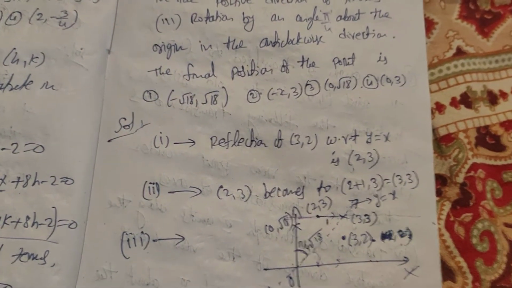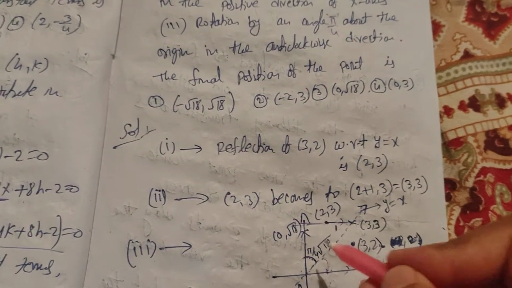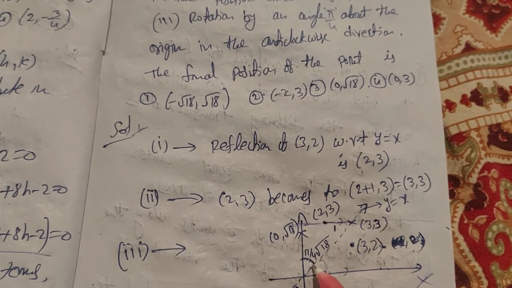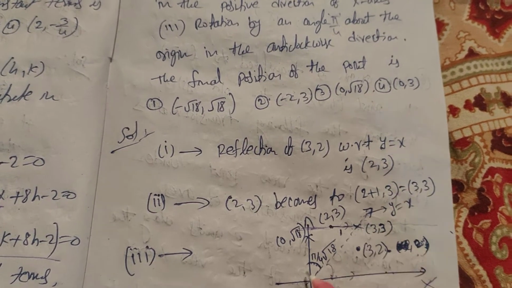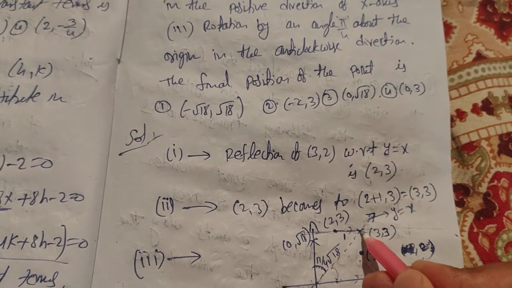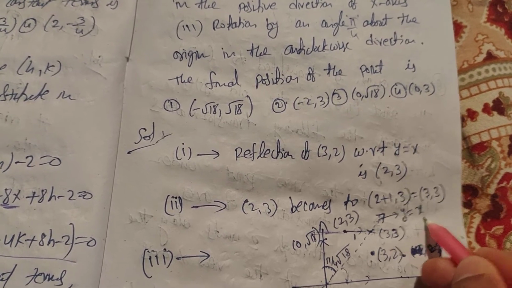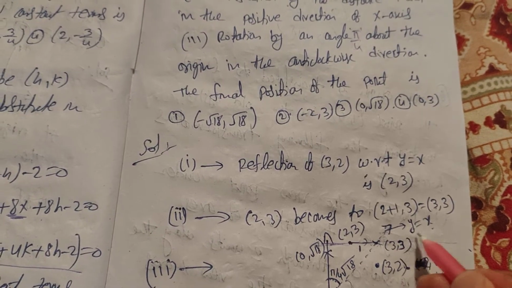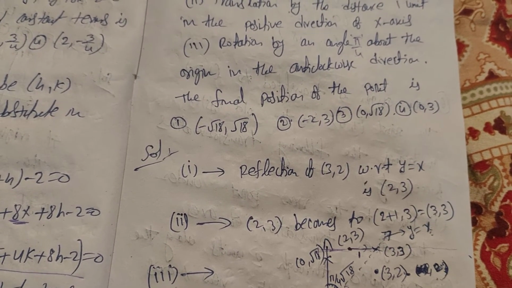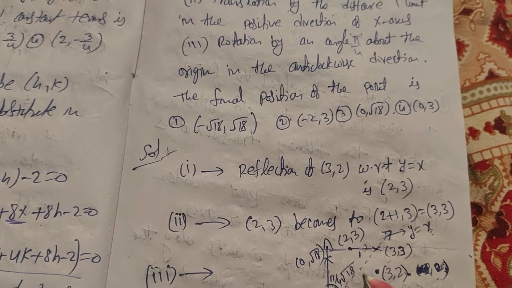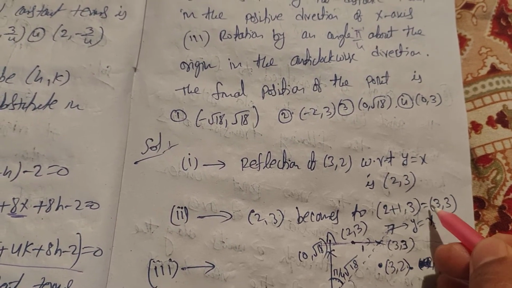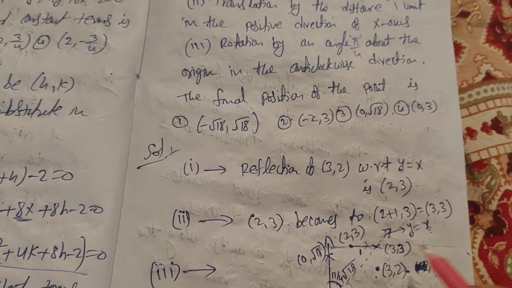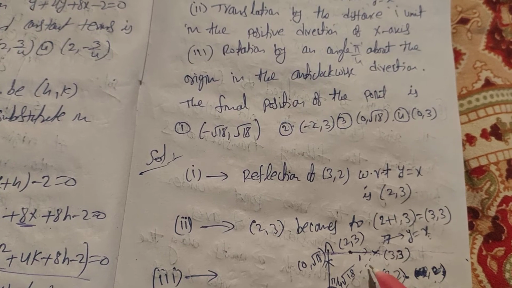Now you understand. For verification, one method is that this line is rotating about the origin by π/4. This (3, 3) always lies on y equal to x only. Indirectly they have given that it lies on y equal to x in the question. Because y equal to x means the points on this line are nothing but (1, 1), (2, 2), (3, 3), (4, 4), (5, 5), like that. All the points lie on y equal to x only. So (3, 3) should lie on y equal to x only.